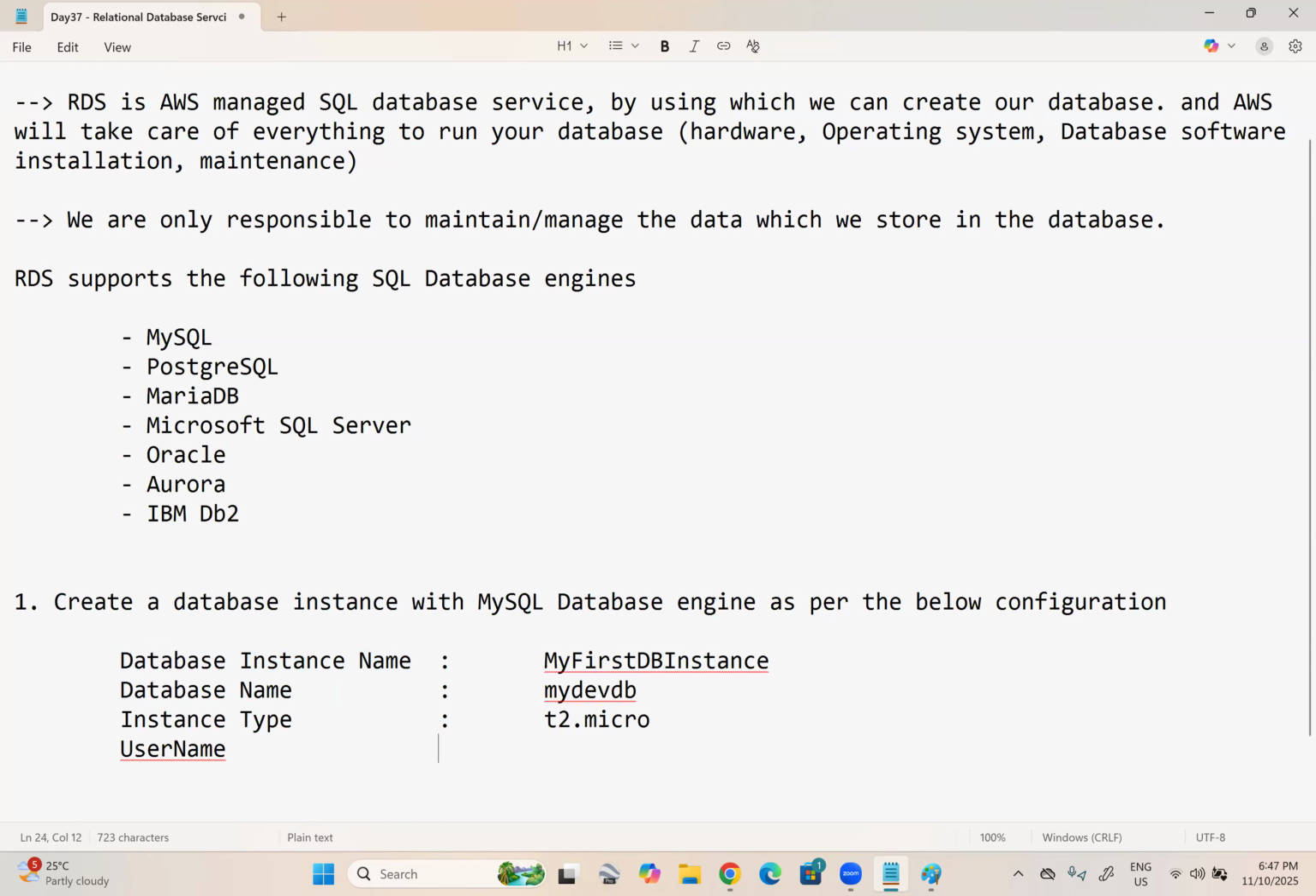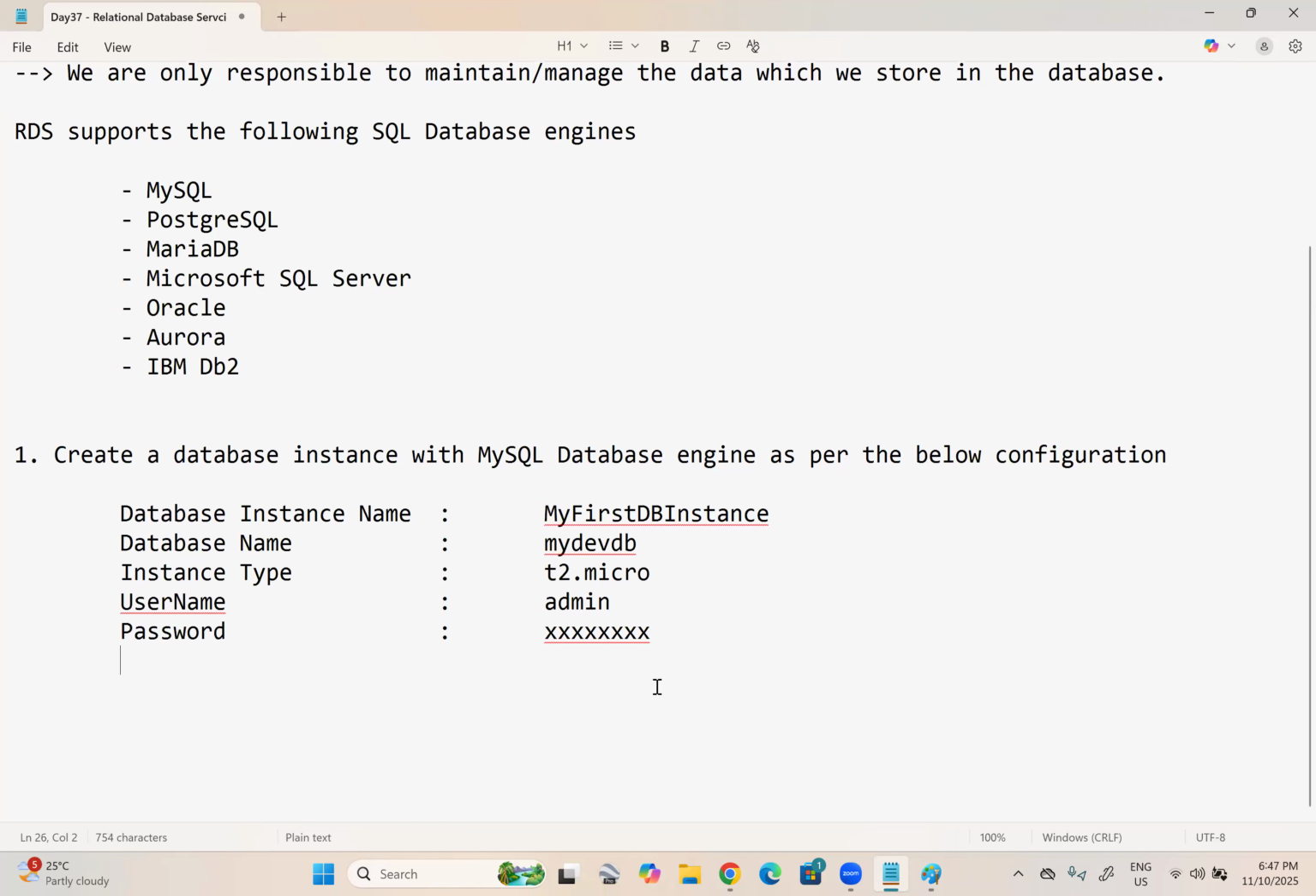Username, I will choose admin. Password, I will use some random password. I will show you the password. Then what else might we need? Security group. Allow MySQL traffic. I know that MySQL uses port 3306, but if you don't know, no worries. Just choose MySQL traffic. Automatically, the port number will be allowed because this database must accept incoming MySQL requests,